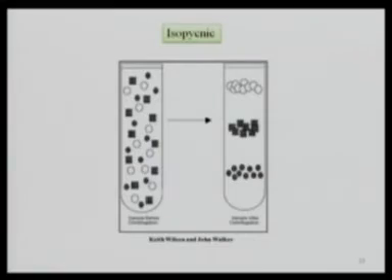In this you can see this is isopycnic. Iso means same, pycnic means density. If you see in this left side tube, there is a mixture of component cells, whatever it may be. But when you perform centrifugation, what is happening? This mixture is clearly separating into bands of similar densities: lighter, then medium, then heavier. So here there is no approximation, there is exact separation based on their densities.